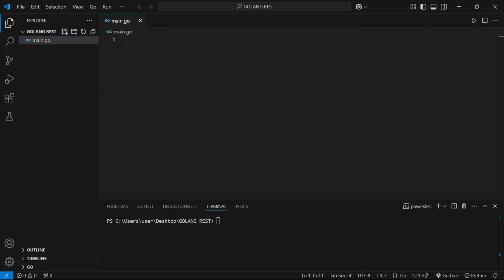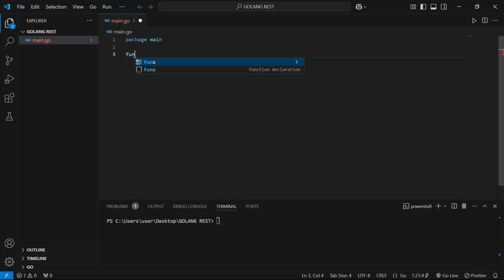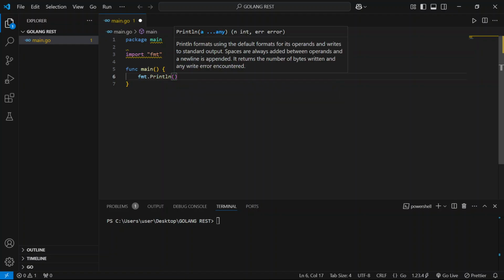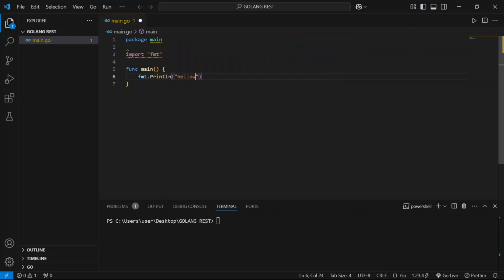So this is going to be our entry file, and then we can initialize some things. Func main, then we can say fmt.Println hello world. Want to make sure everything is working. Okay,